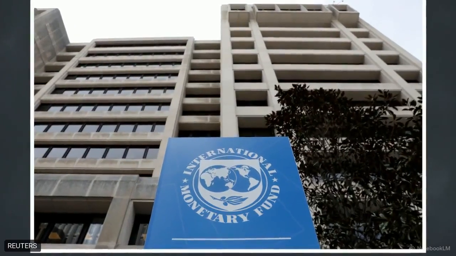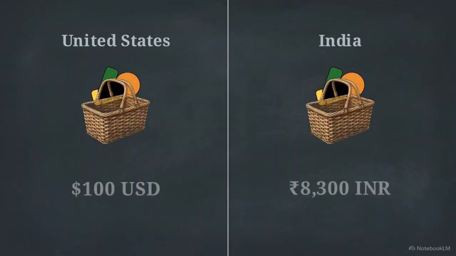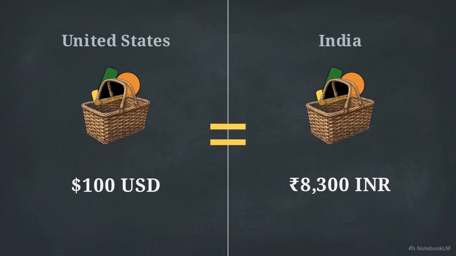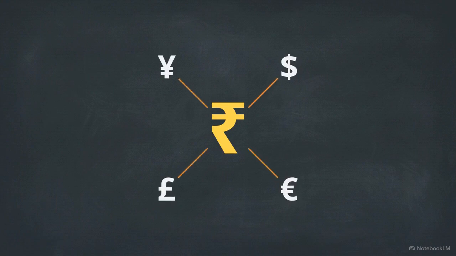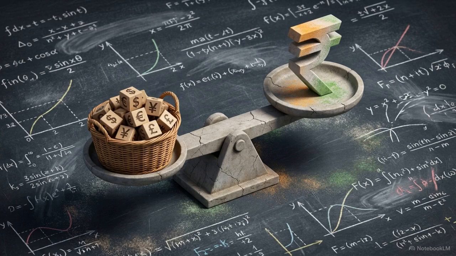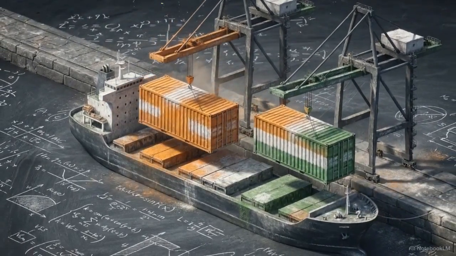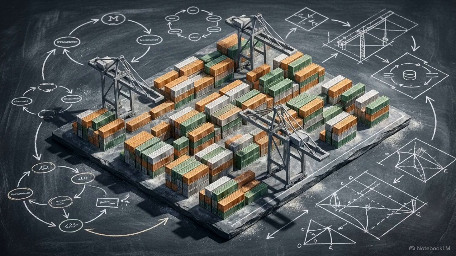On the global stage, a nominal exchange rate is the market trading value. Purchasing power parity, or PPP, strips away those market distortions to measure how many goods a currency can buy locally. To track the strength of the rupee against multiple partners, we use the nominal effective exchange rate, or NEER. It compares the rupee against a weighted basket of currencies from our primary trading partners. By adjusting that basket for inflation, both in India and abroad, we calculate REER, the real effective exchange rate. A rising REER indicates that domestic inflation is higher than our partners, which makes Indian exports more expensive. This signals a loss of trade competitiveness, even if the nominal currency value appears strong.